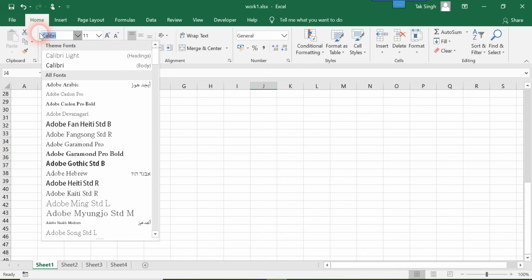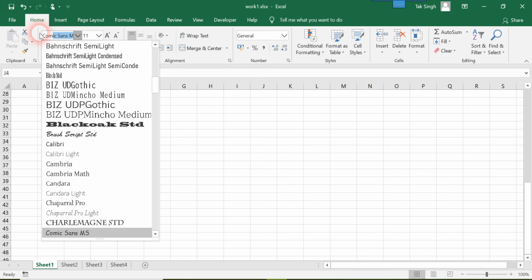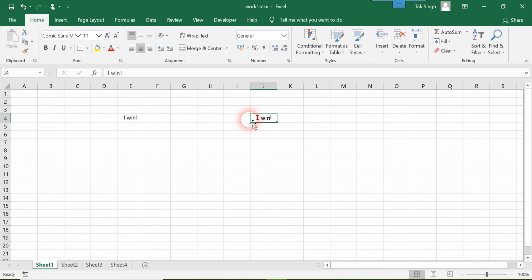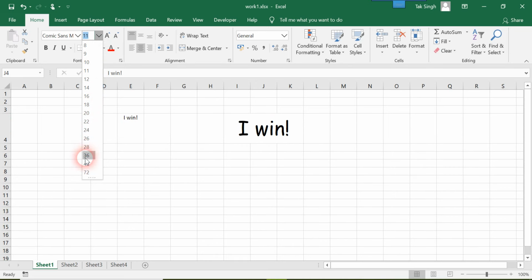If you know a certain name of the font you want to switch to, you can simply type the font name. For me it is Comic Sans. I like it. You see the font has been changed. This was the original and this was the one I copy pasted and changed the font. You can also change the size of the font. To do that, you can either click on the down button of the font size and select the font size number you want,